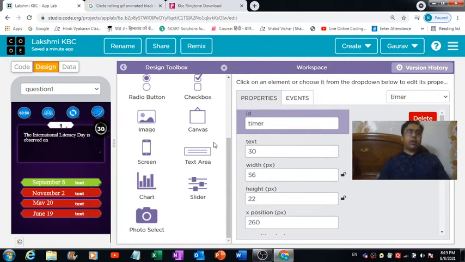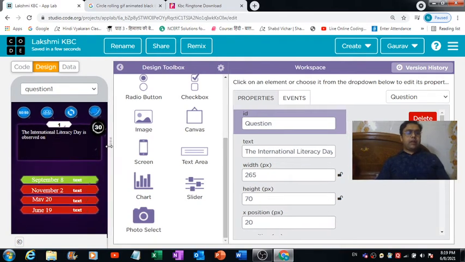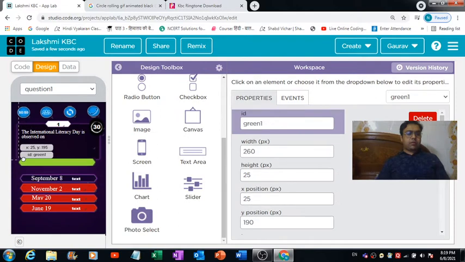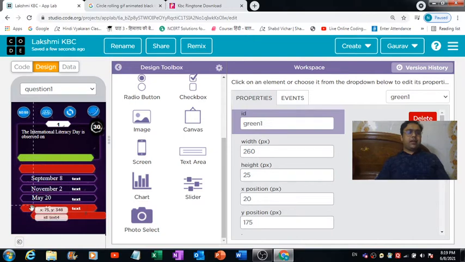That's how I visualized this app. Okay, now we have this window over here in which I have again placed this input box. It's not an input box, sorry, it's a text area which I have made use of, because the question can be of more than 2 lines also. So that is the reason I made use of the text area. Then we have these images. This is the green box. Then we have these red boxes over here. There are 4 red boxes and 1 green box.